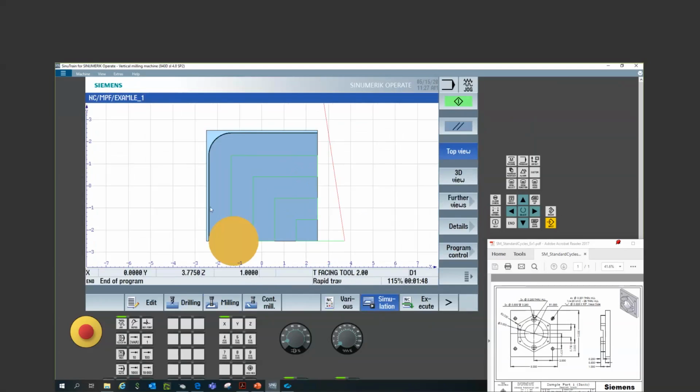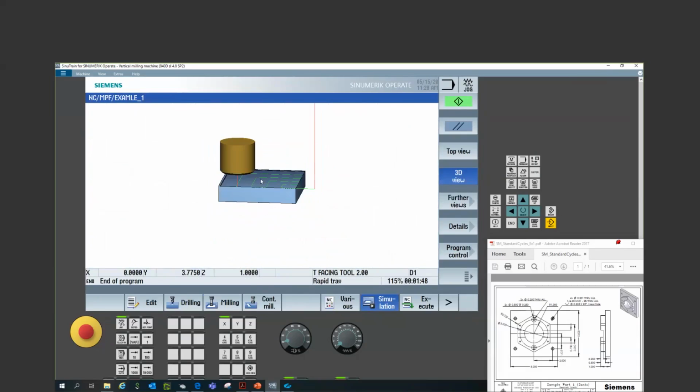Okay, so you can see it left the wall there, and if we go to the 3D view, we can see that it left the material there to protect from a collision with the side wall from this 2 1/4 inch tool that we're using, but actually the cutting surface here is only 2 inches. So that's kind of nice. The control calculates that for us. So I'm going to go back